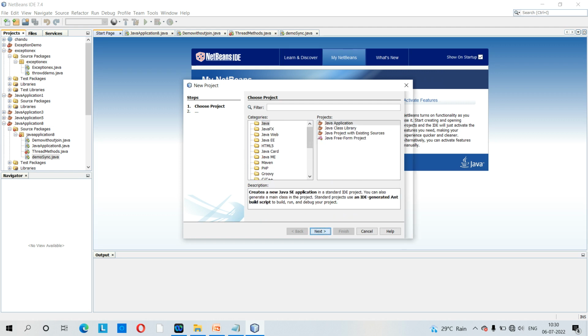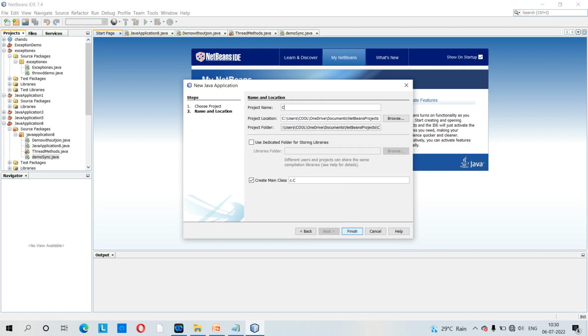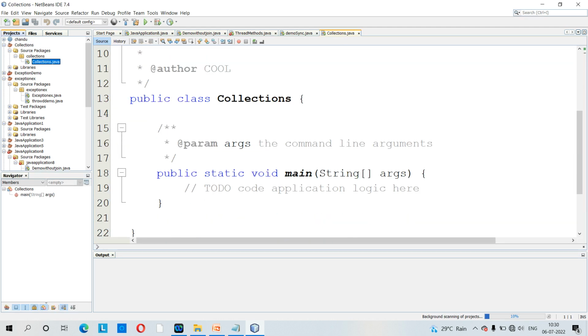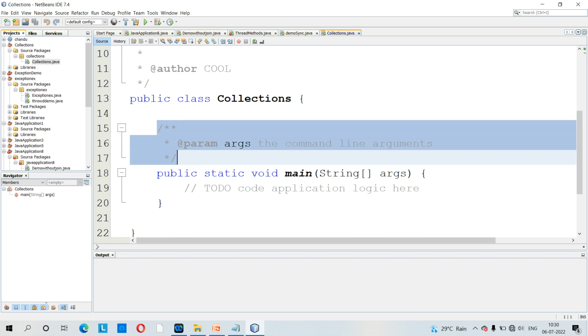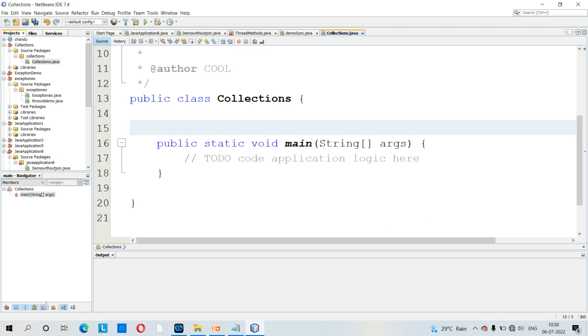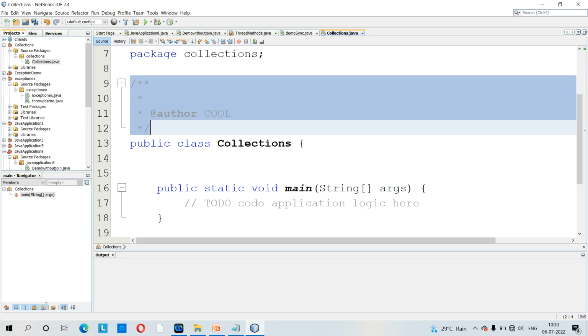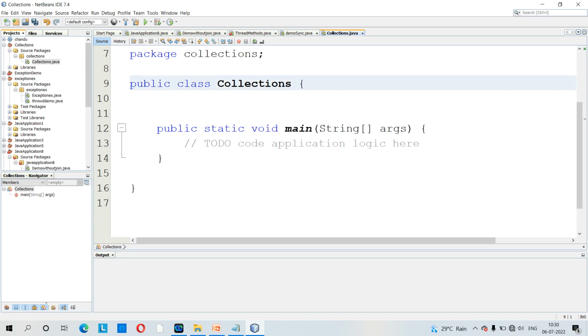Java application. Next, collections. Yes, collections.java. Fine. The package is collection. Yes, and now